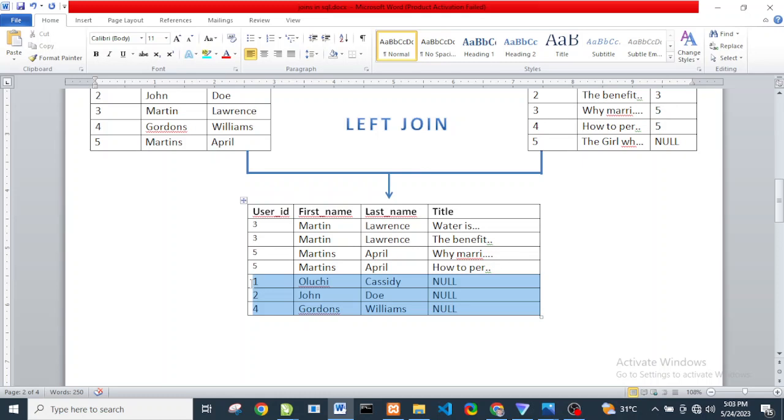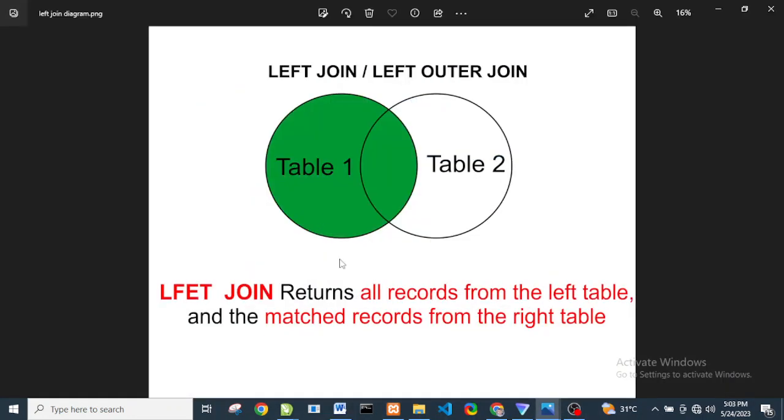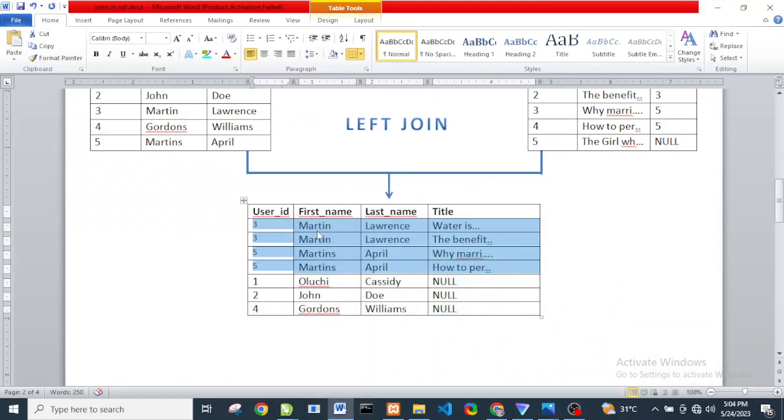First of all, look at this. These are the matched values from our definition here. From what we have here, it says matched values and then all records from the left table. So we're going to join the 2 of them. So let's go to